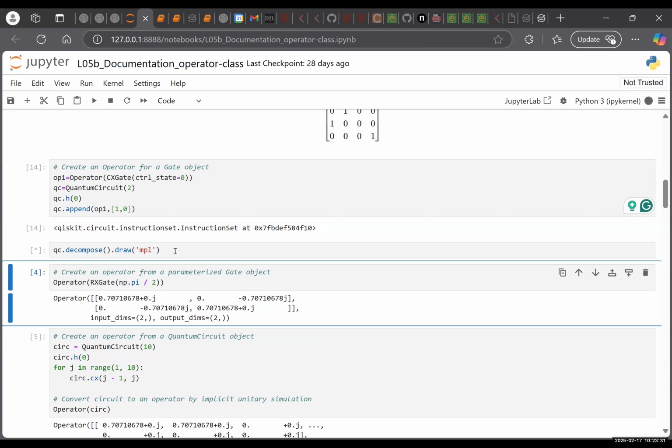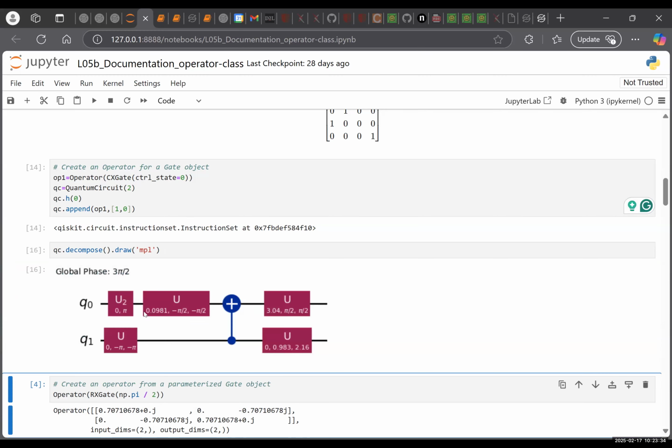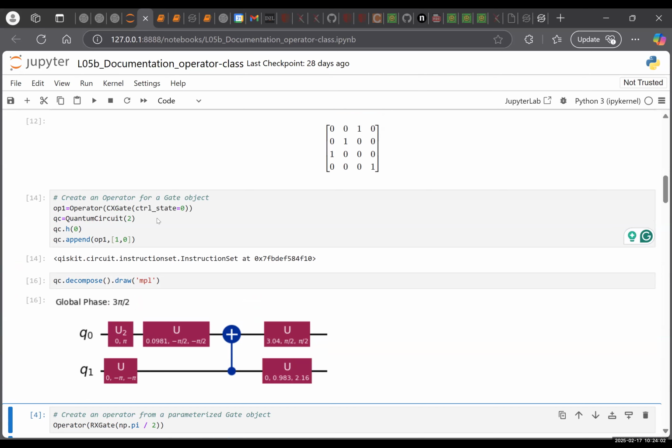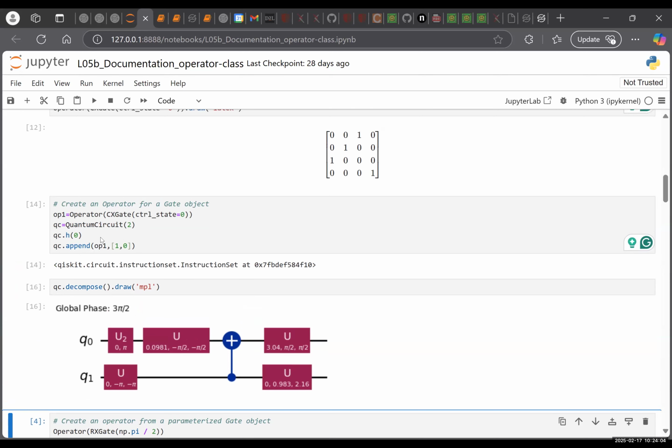So I guess you cannot really change that, because it already has some implicit ordering: 0, 1, where 0 is the control and 1 is the target. When you apply it to the circuit, you can specify the order, and then they map the order. Yeah, but to see that get flipped, we have to use